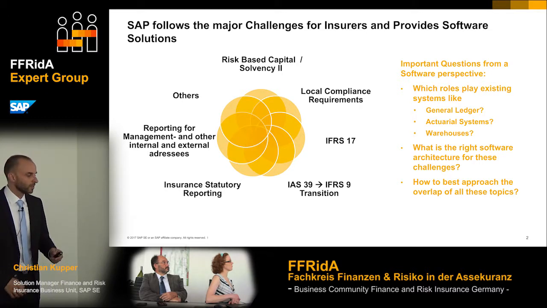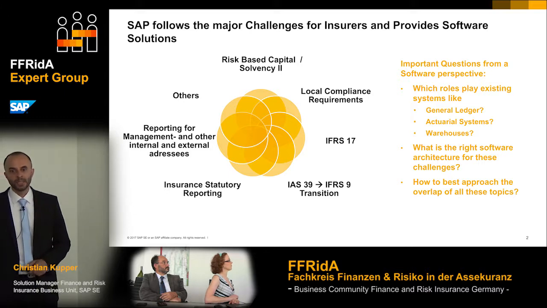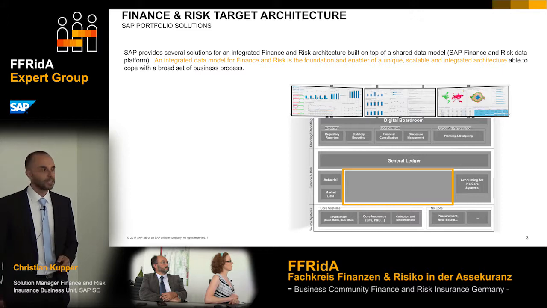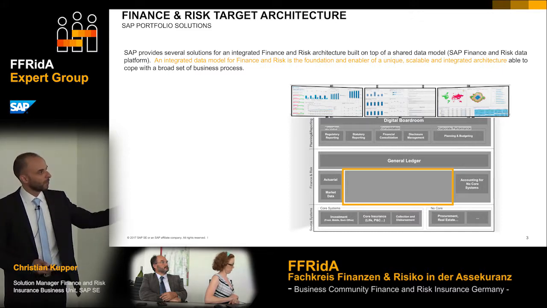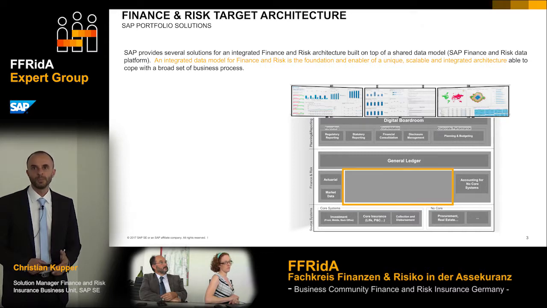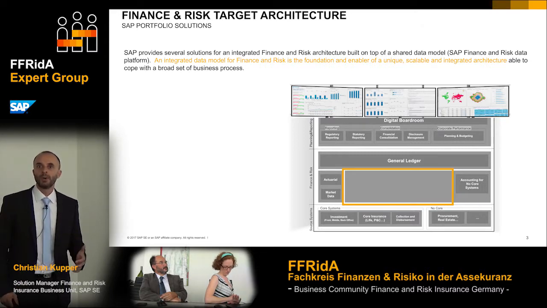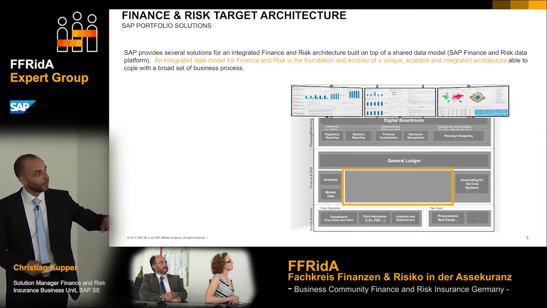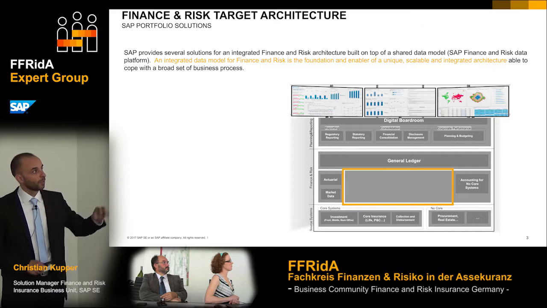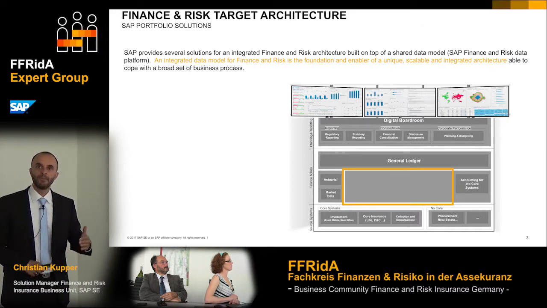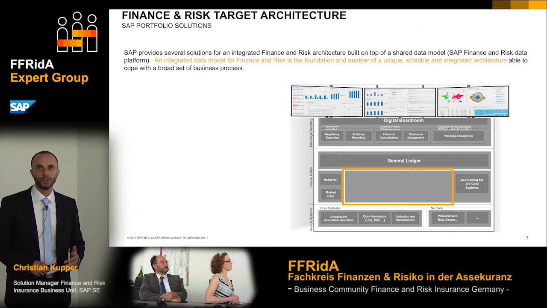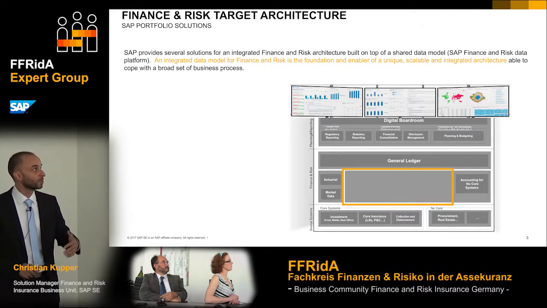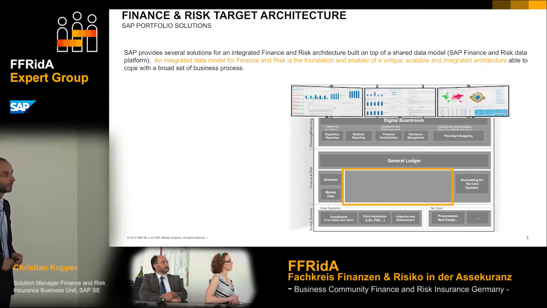So after discussing this over a month, also with clients, we basically ended up with a sample target architecture in finance and risk. At the bottom you see all the core systems: your investment systems, your policy management systems, the claims, and so on, maybe things like real estate. On top you see the general ledger and everything that comes after it in the process chain, like planning, consolidation processes, budgeting, statutory reporting, and so on.